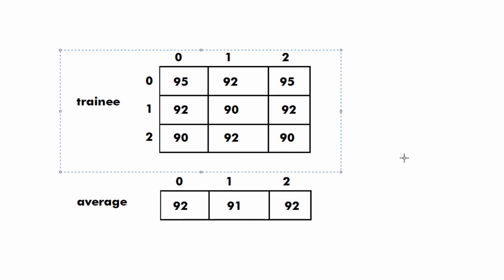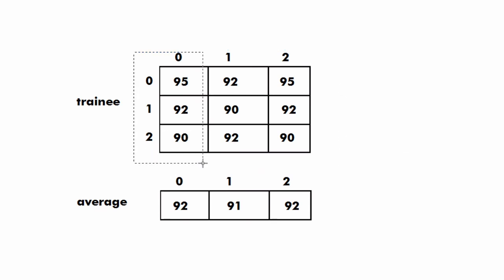Now after storing all the values in this 2-dimensional array, our next task is to find the average of all the trainees for 3 rounds. So for example, for the first trainee, the average of 95, 92 and 90 is going to be 92. So we will store 92 at the 0th index of the average array. And similarly for the second trainee, we will store 91, which is going to be the average of 92, 90 and 92. Similarly for the third trainee also, the average is going to be 92. And then in the average array, we will specify the highest average value. So these 2 trainees are the most fit trainees. So we will have to display trainee 1 and trainee 2.